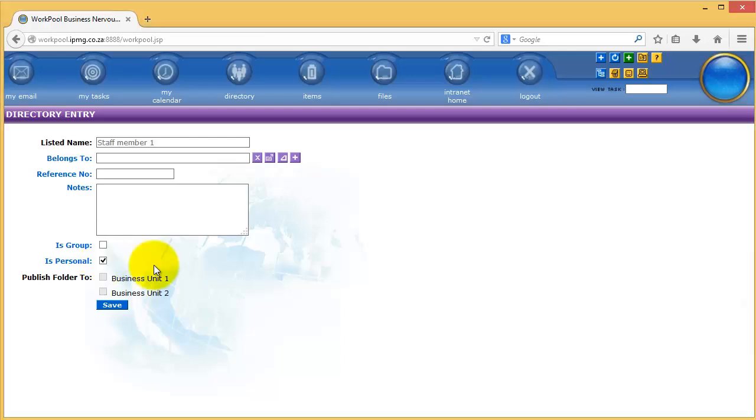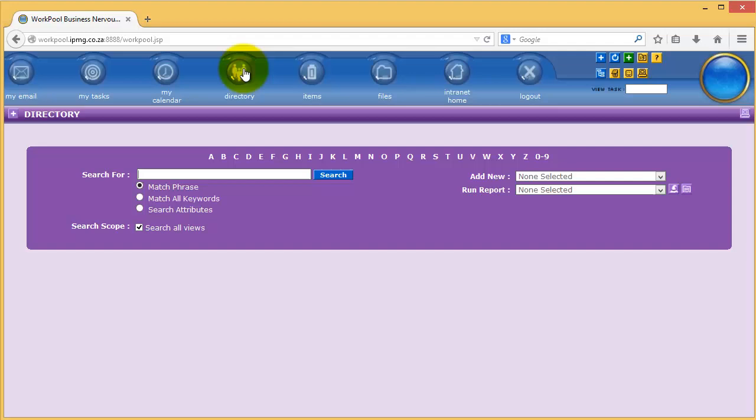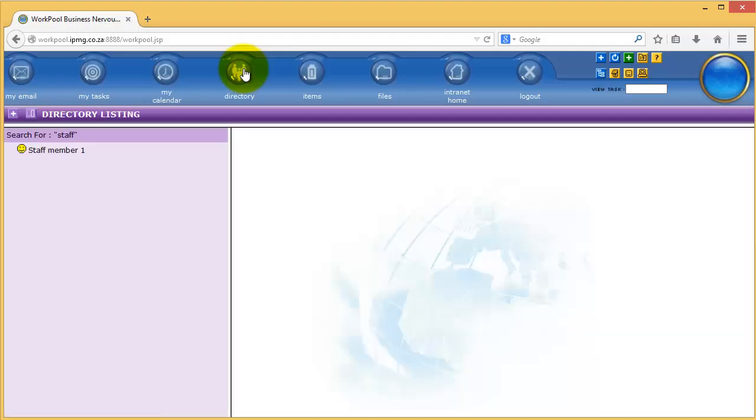If organizations allow staff members to create is personal directories, you will immediately see that the Publish Folder 2 options have been deactivated. If I press Save, go to the directory and search for this directory that I have just created, you will see that the little icon next to Staff Member 1 is a little yellow smiley face. This means that this is a personal folder for the staff member to store any personal information that he receives